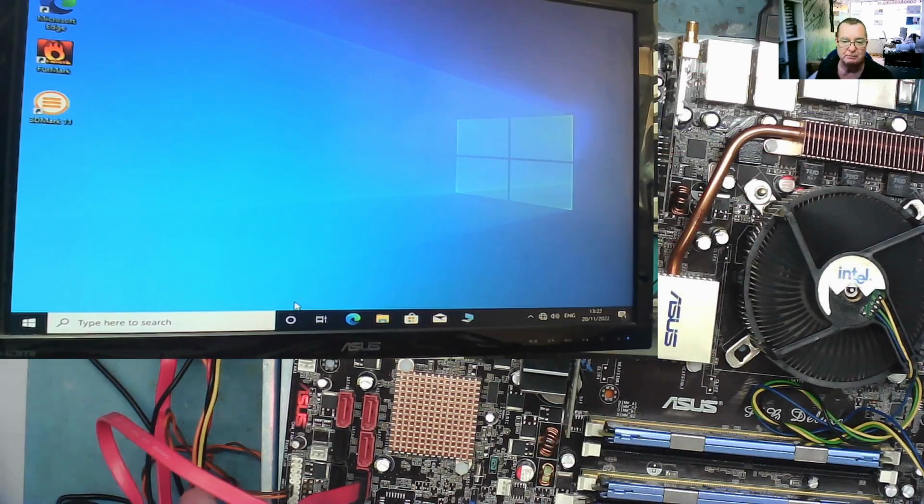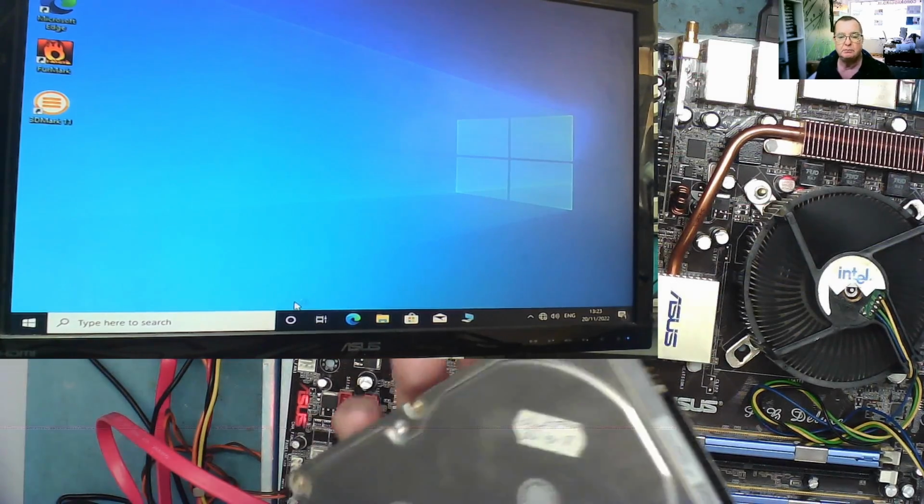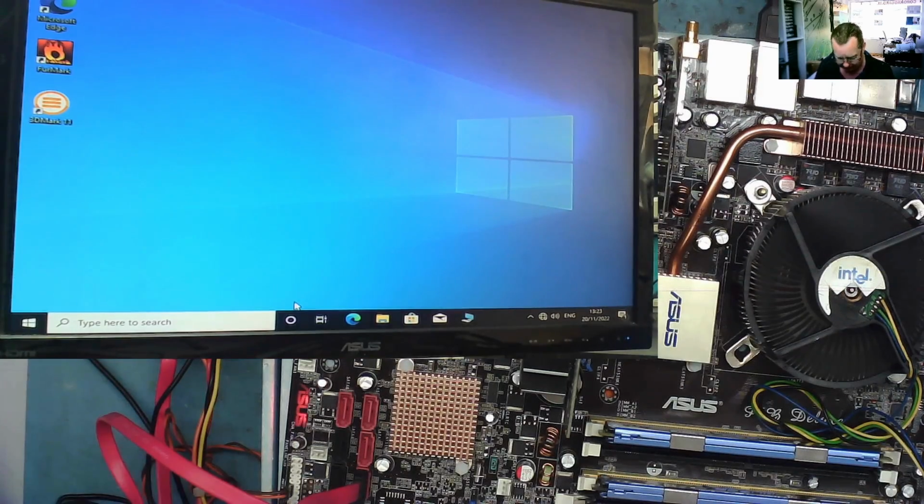So if I've got a SATA drive on here at the moment with Windows 10, I'm going to attach the 3 GB hard drive and see if we can access it, and if we can, I'm going to put the Voodoo drivers on there, and then I'm going to have a look at this 8 gig and see if I can actually get the thing working. If I can get it to spin, I could actually copy off the entire operating system, if that's what's on there, onto another IDE drive using something like Macrium Reflect,